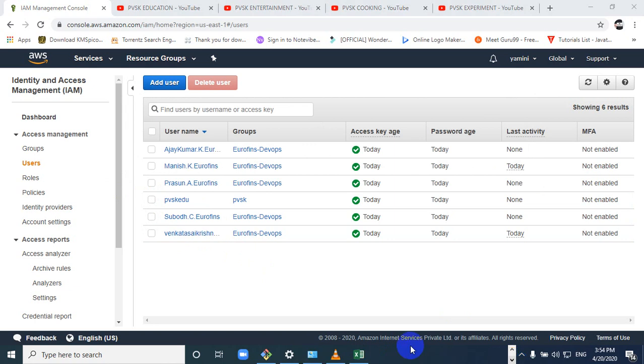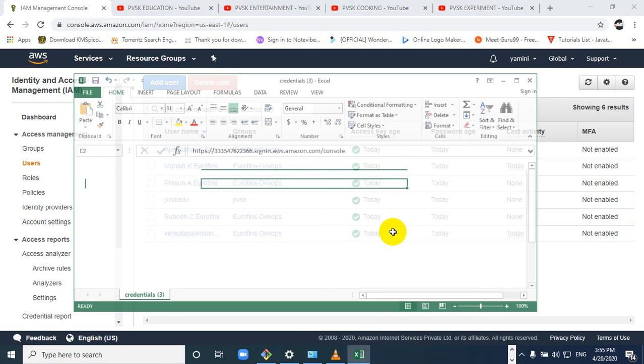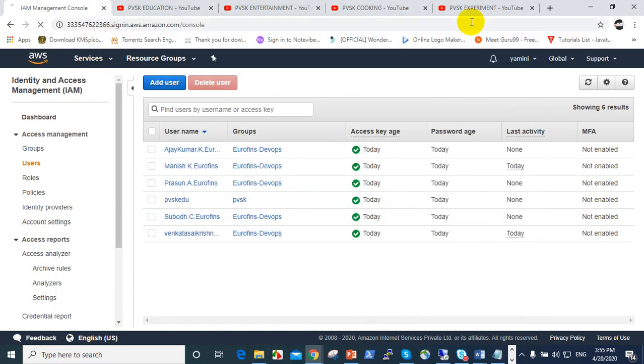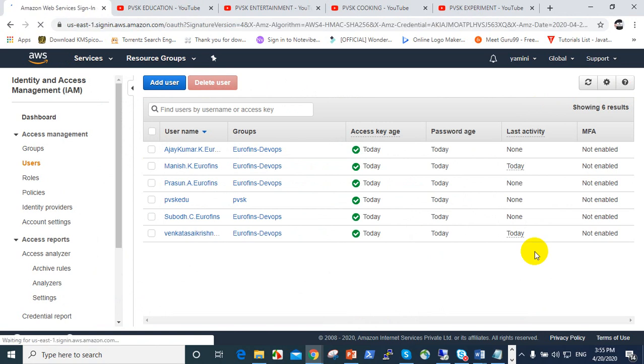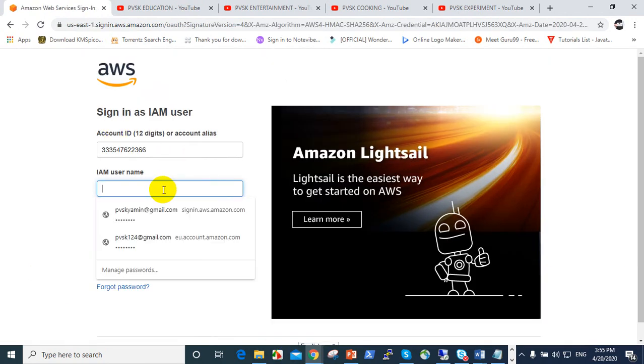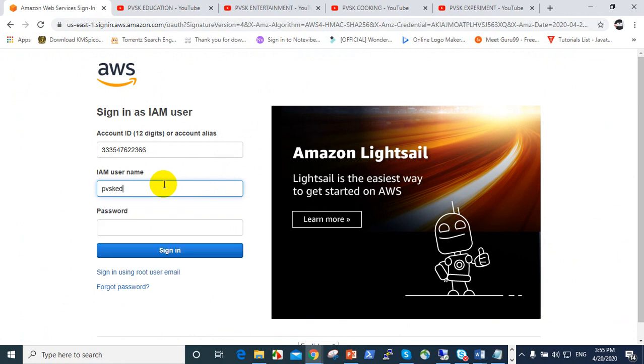Let us go to our credentials. Copy this with Control C and paste here. Now we are in root, and we jumped into the IAM user. Through the IAM user you can log in. This is the IAM user, and our username, we know, is pvskedu. The password we already gave as a custom password.